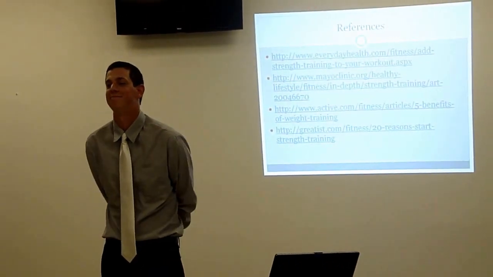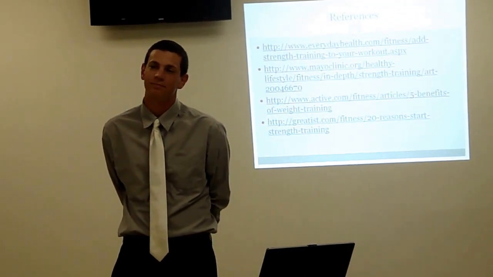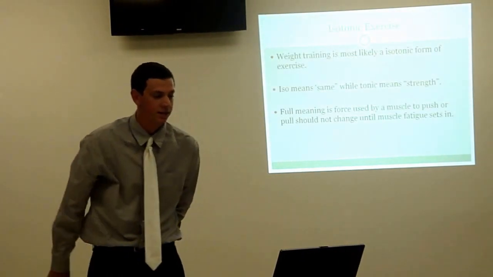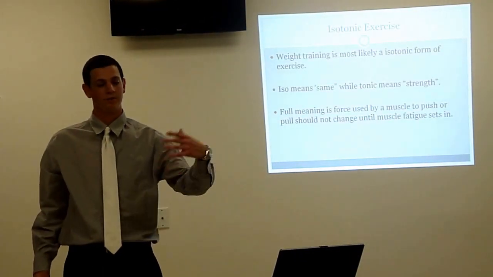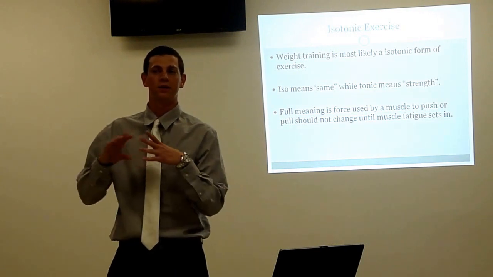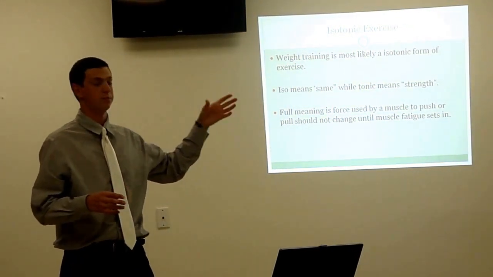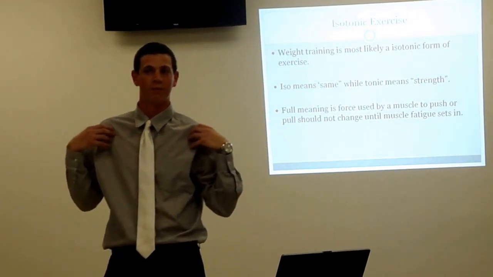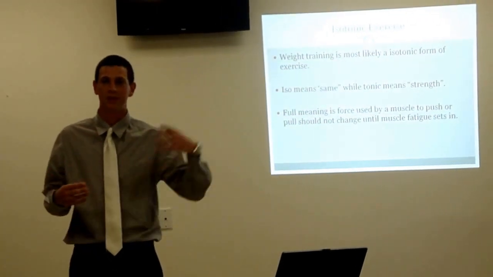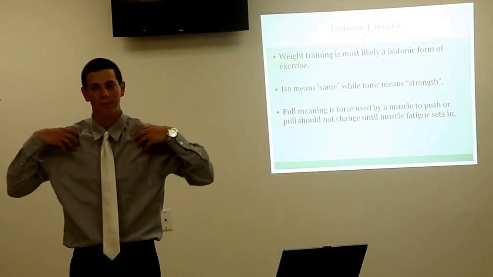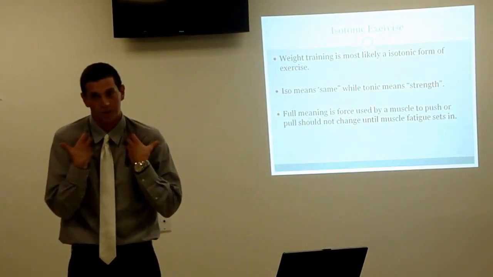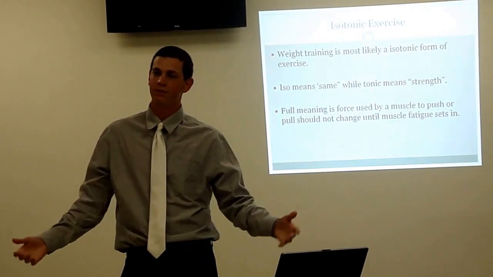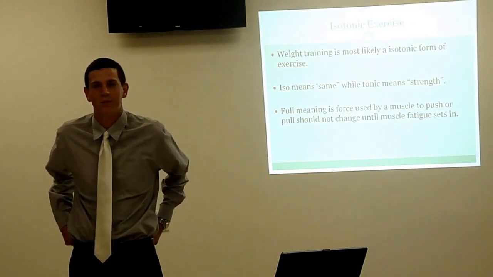Jake, can you give me an example of an isotonic exercise? Isotonic exercise. So you're saying it's the same thing over and over again with the same strength. It can lead to multiple things. Like you can do bench press, the same thing over and over again, and you only work the upper body multiple times. Like you see those guys in the gym with big upper bodies and shoulders, and they don't work their legs, and they over and over again work the same muscles as in bench pressing. That's that. Any other questions?